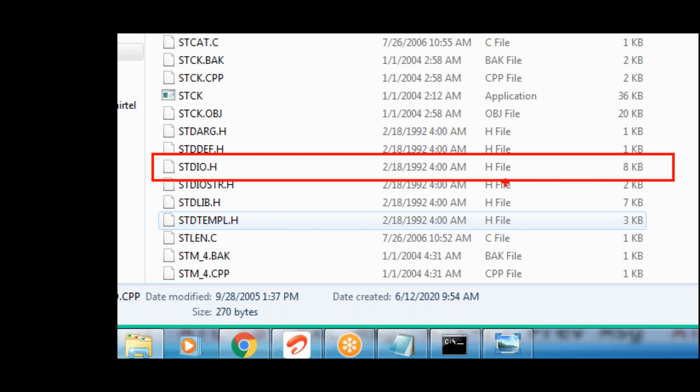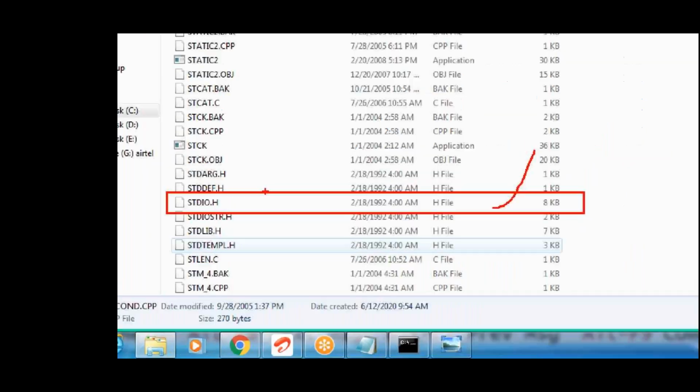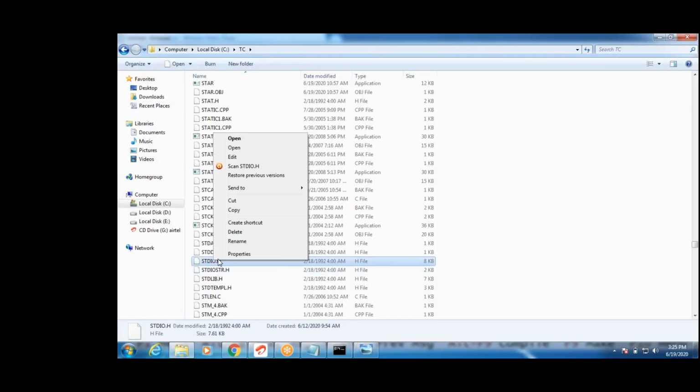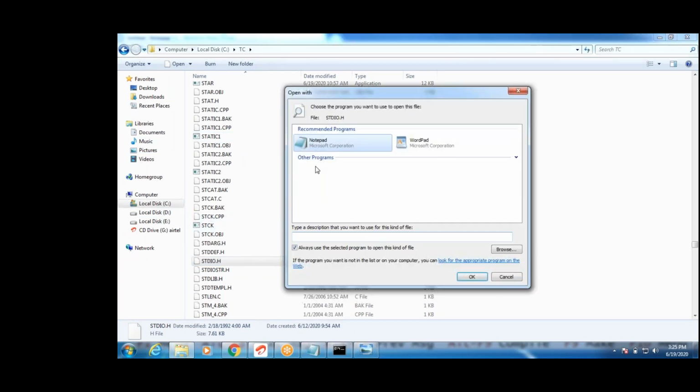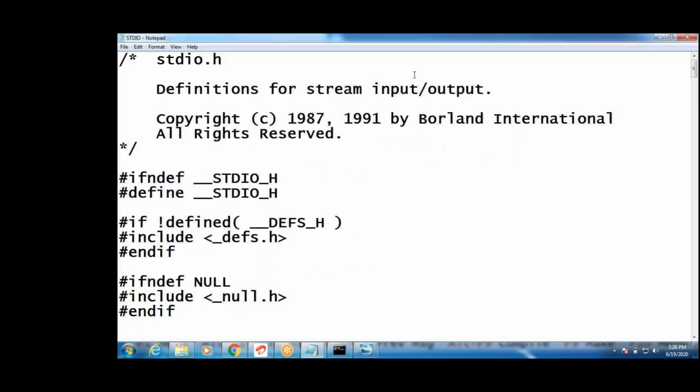Okay, I will just open this. Yeah, what is this? It is showing the definitions for stream input and output.